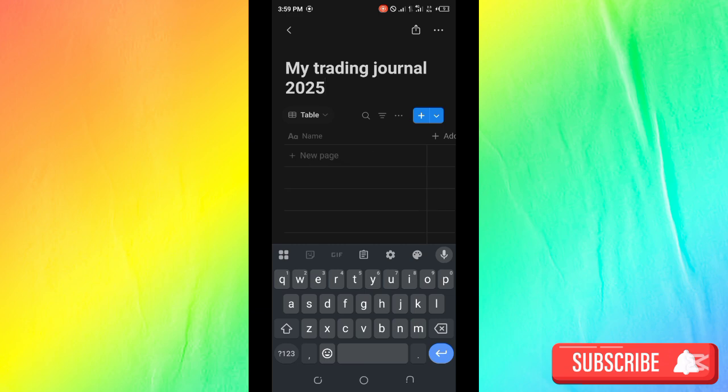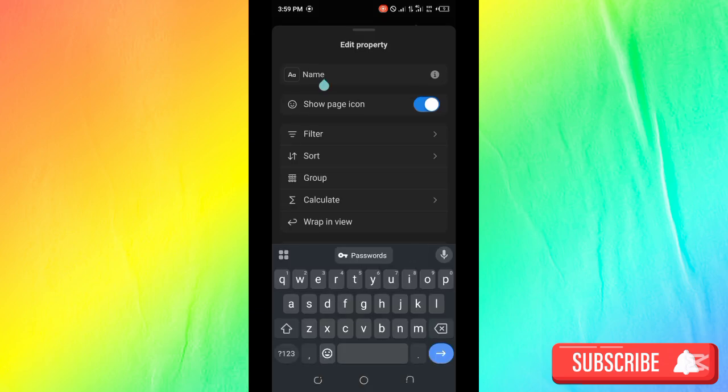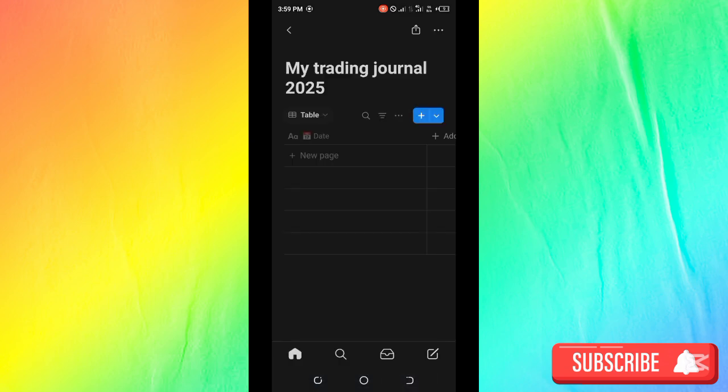interface is going to this place that you are seeing this name. You click on it and change it, adding date. Yeah, this is good. So in this place is where you'll be adding the date you took a trade. So once you are done with this, the next thing you'll be doing is going over to the next column